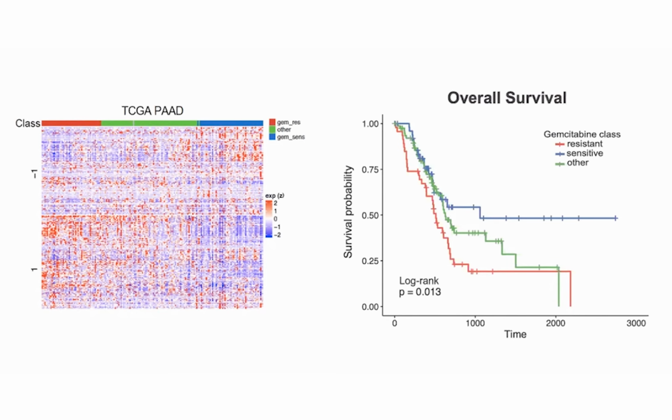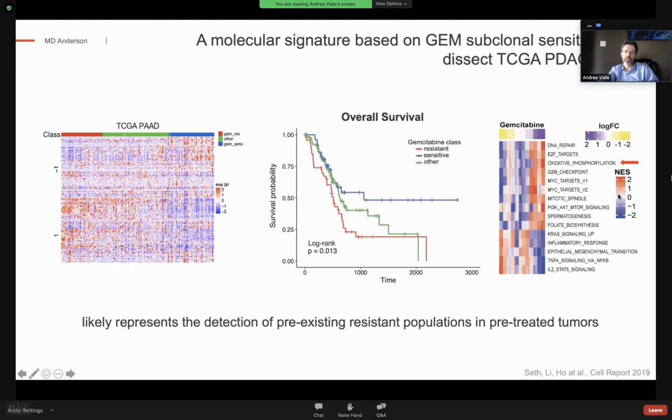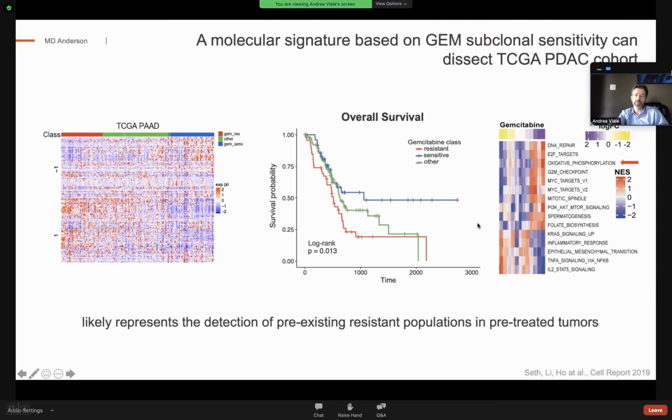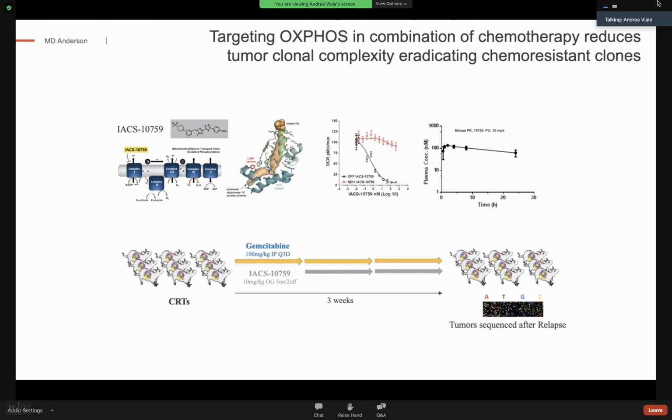Again, part of this signature is made by pathways that can actually be targeted. For instance, we validated DDR, DNA damage repair, but we also validated other pathways like oxidative phosphorylation, which is one of the major features of the cells that are resistant to chemotherapy. And so we used CRT again to demonstrate the effect of the combination of OXPHOS inhibitor and chemotherapy on tumor